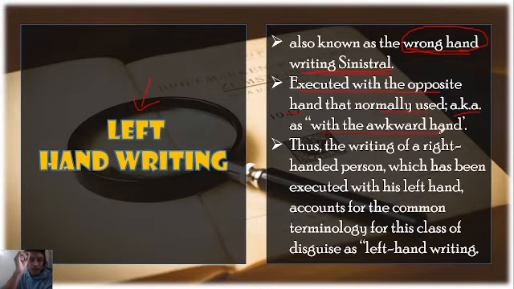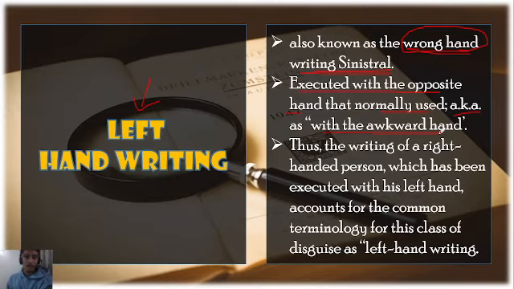Ibig sabihin, pag ang dominant hand ko ay right, and then sinubukan kong i-disguise. Common po kasi itong left handwriting sa disguised handwriting. Gusto nilang i-disguise yung handwriting nila para hindi ma-identify na sila yung sumulat nun. Kaya ang gagamitin is yung left hand para itago nila